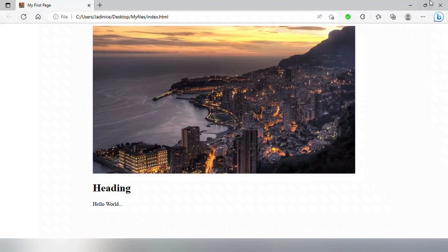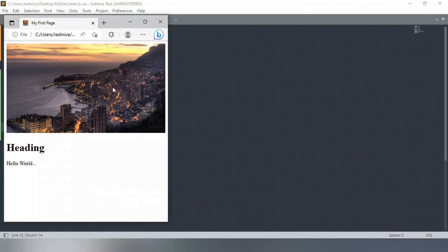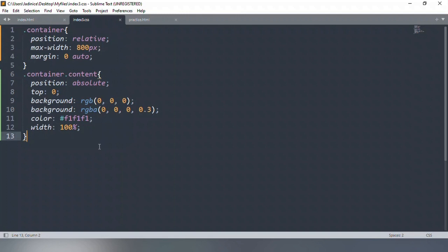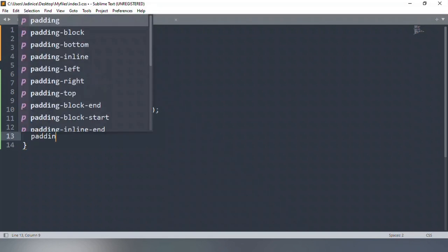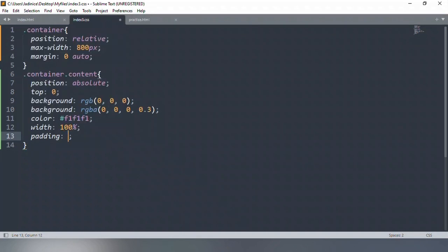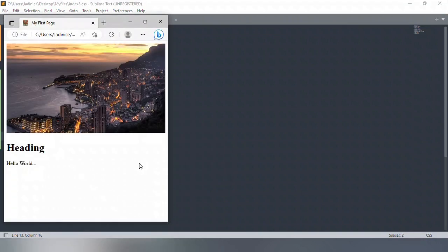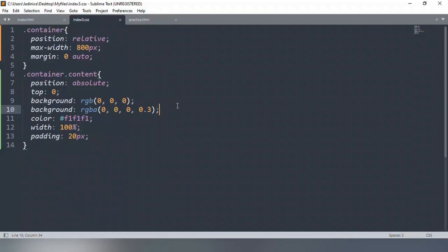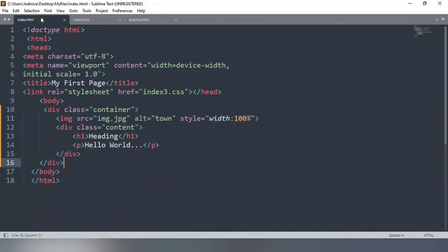We already have our beautiful website that is responsive. Unlike other image backgrounds that take the full body of the page, this one is fitted. We kept it to be responsive. Now let's add padding to be 20 pixels, and then we save that, and finally the final touches. So there it is. So this is how we create a transparent image, an image that is responsive.